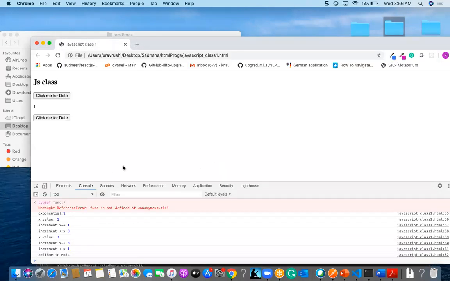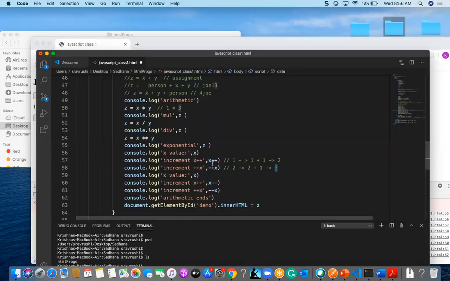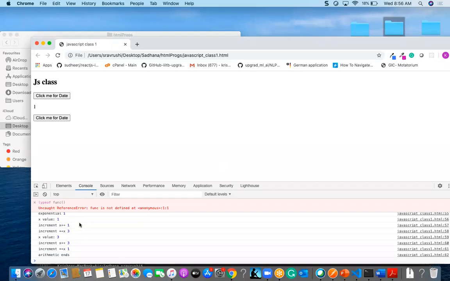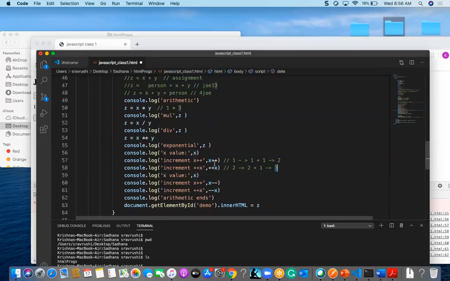X plus 1 should happen. What is plus plus? Plus plus will add 1. So here I am going to get the value 1. But the result after this statement is 2.